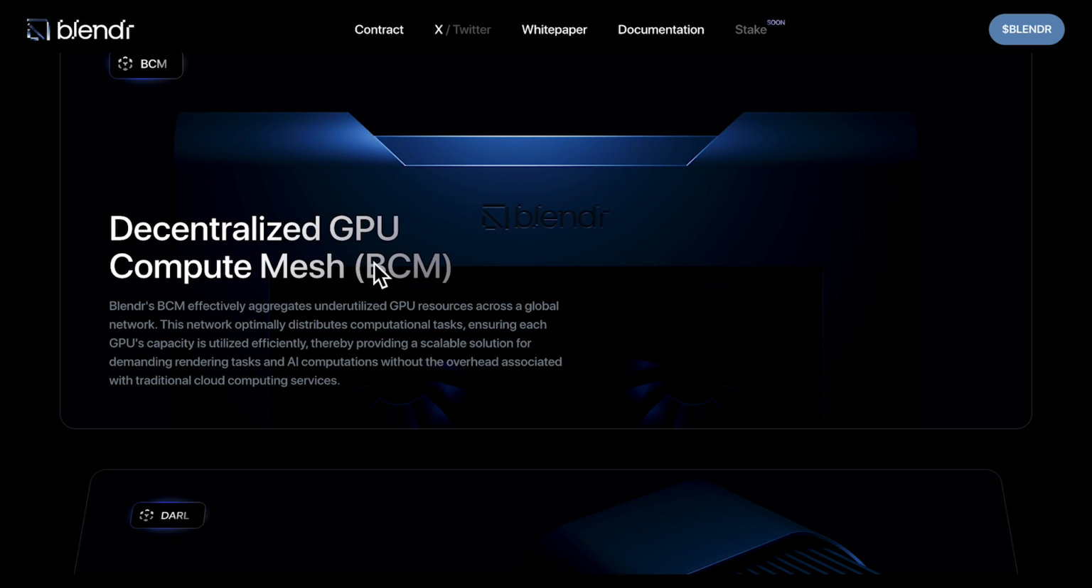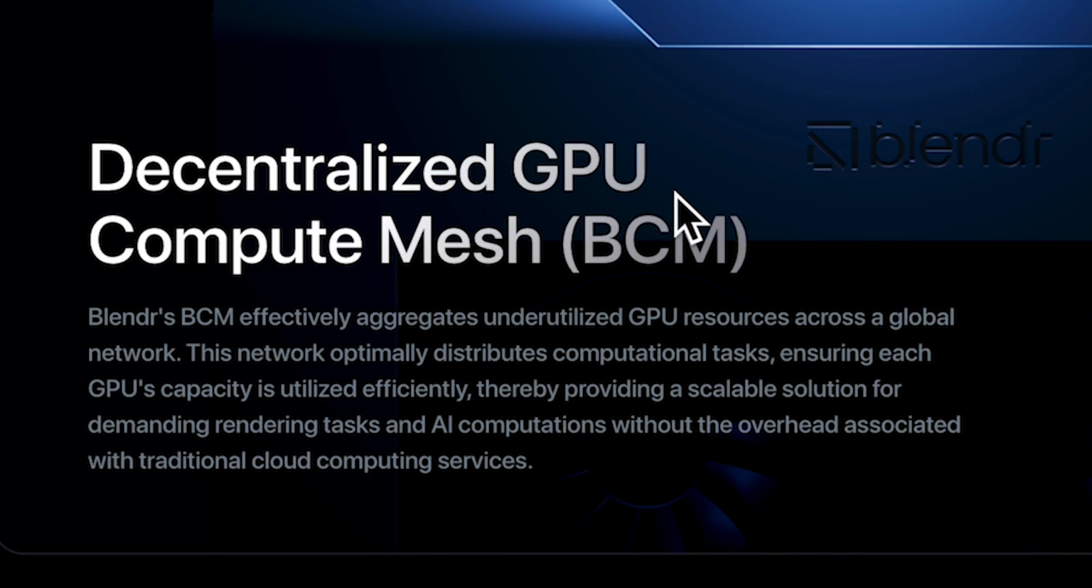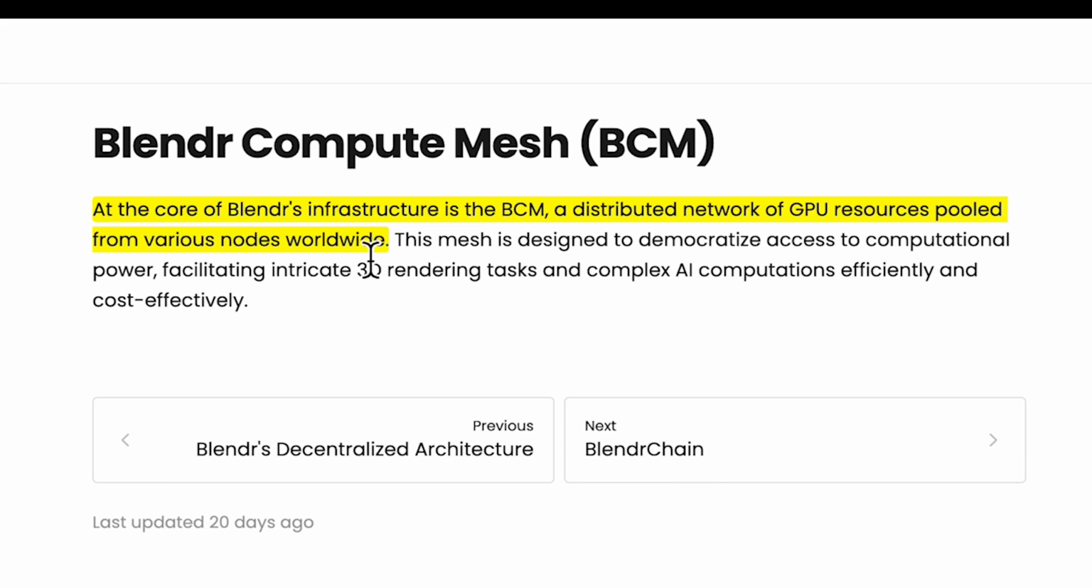So let's go over some of Blendr's products and features, starting with the Decentralized GPU Compute Mesh, BCM. At the core of Blendr's infrastructure is the BCM, a distributed network of GPU resources pooled from various nodes worldwide. This mesh is designed to democratize access to computational power, facilitate intricate 3D rendering tasks and complex AI computations efficiently